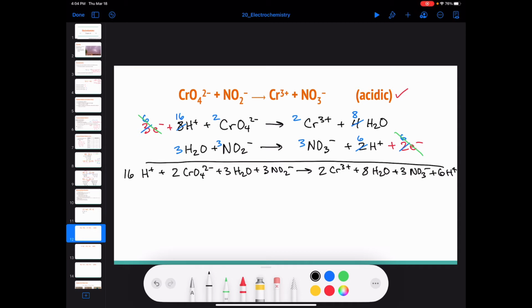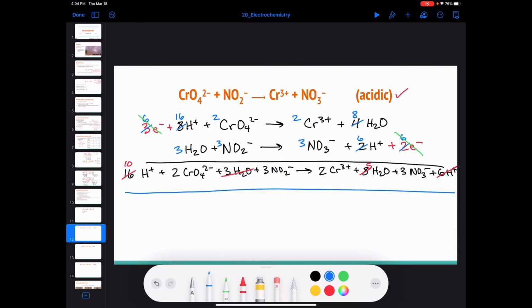Now, luckily, some of it's going to cancel out, because notice that I've got 6 hydrogen ions here. So let's go ahead and cancel out 6 of them. Let's just make this into a 10 instead. Okay. Same thing with water. It looks like I've got 3 water molecules over here. I've got 8 here, so I can cancel out 3 of those and make that into a 5 instead. And then once I've done that,